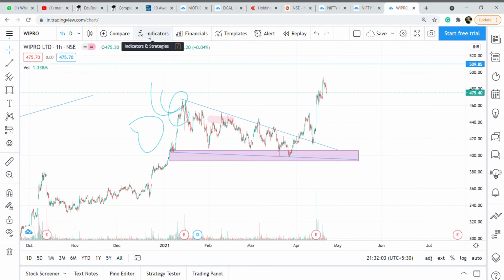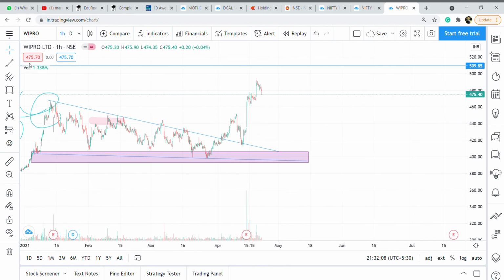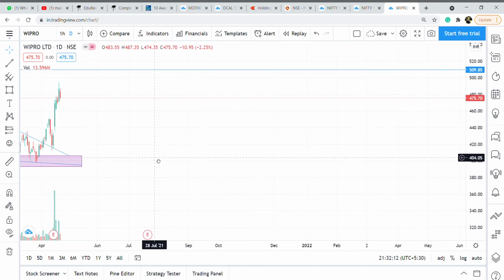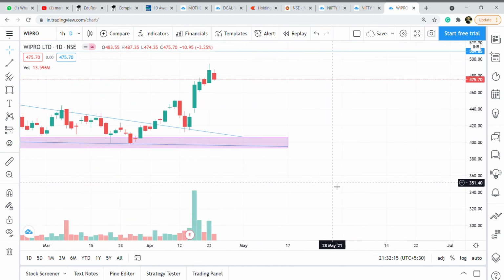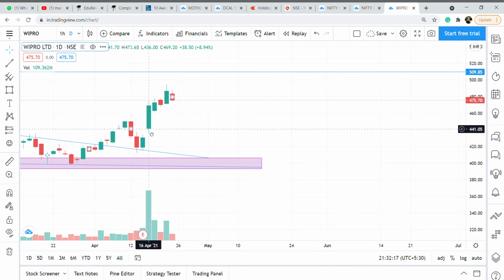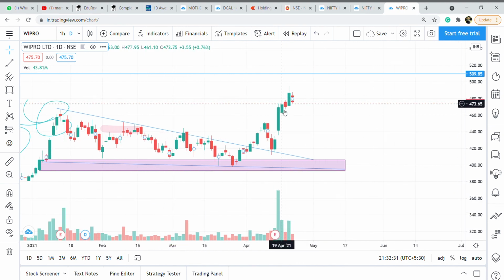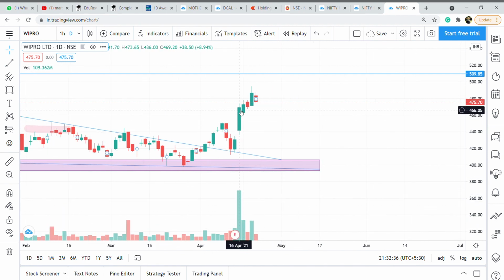There is something called indicators over here. We are also using some indicators. The volume is a basic one. Volume, when I zoom in, this particular candle what you see here is of 16th April, and this volume what you're watching here basically tells us the number of contracts that have been bought and sold. If there is a big green candle and a big volume, it basically means that this particular momentum will continue further.